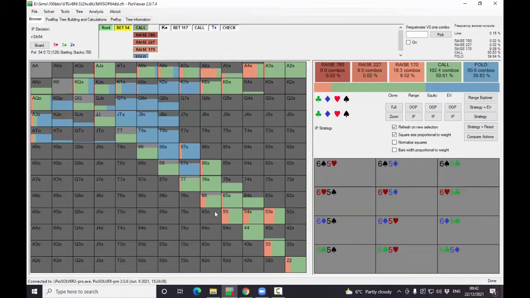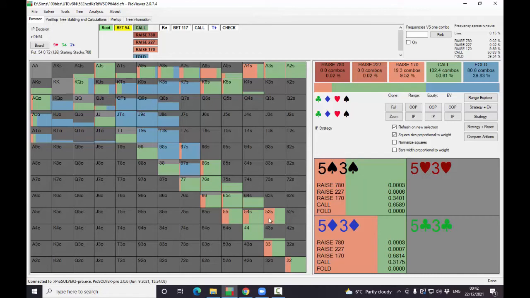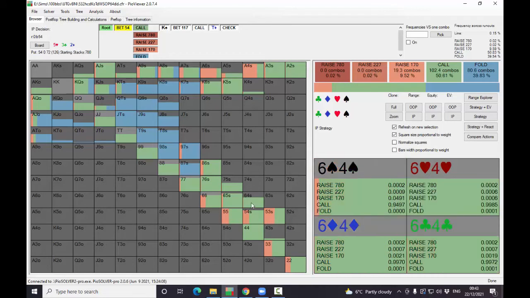I sometimes raise with sets as well. Sometimes raise 5s, 3s, 2s, and my two pairs, 5-3 suited. But you can see that my actual hand 6-4 just pure calls, and that makes sense. I think it makes even more sense multi-way, for the reasons I said earlier. So we do call,